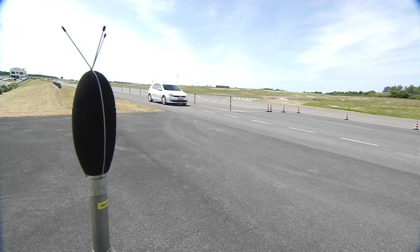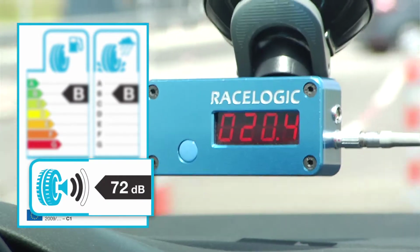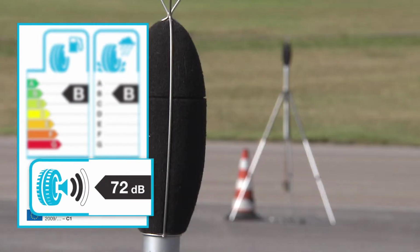So we run on a vehicle at a given speed, we enter the measurement zone, the driver switches off the engine and then coasts by the microphone. And that way we just capture the tyre noise, which is what we need to grade the tyre for the